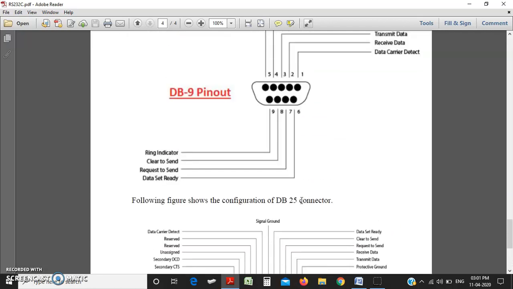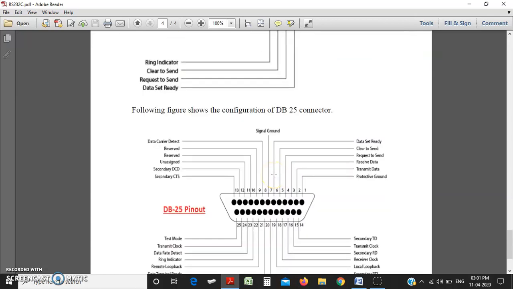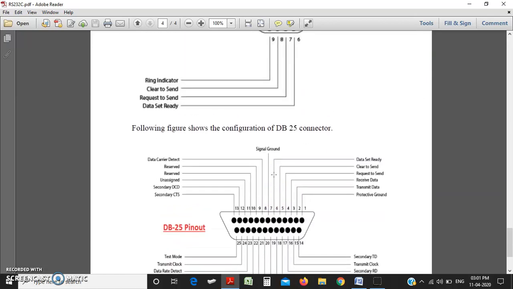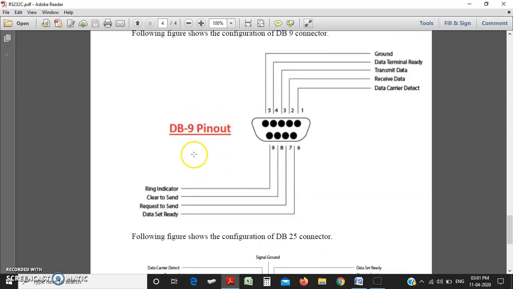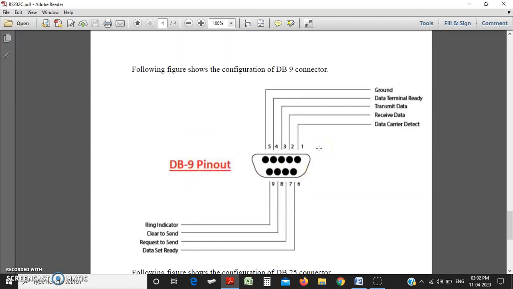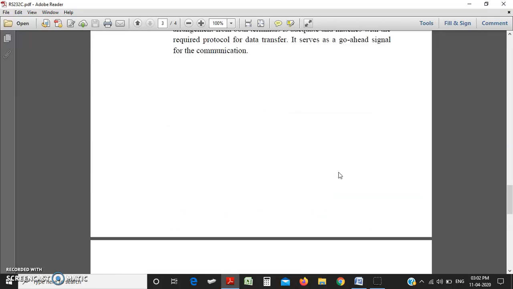So we have a connector of 9 pins and a connector of 25 pins. Both connectors are used to perform communication between a computer and a modem.